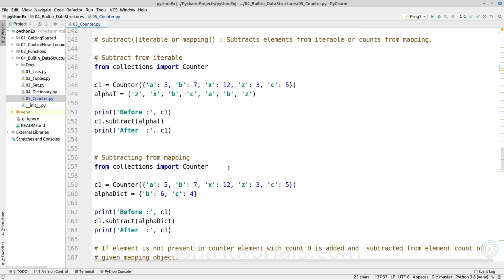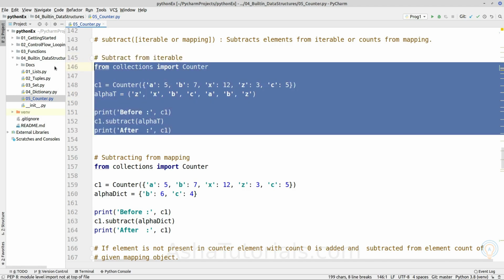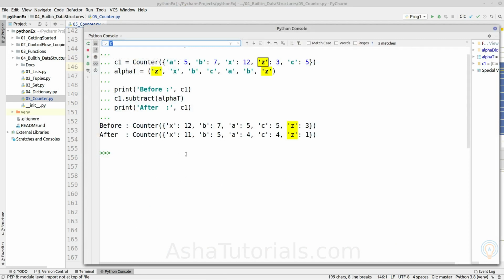Next is subtract. It will subtract the counts from the given iterable or mapping. It will count the number of occurrences in the given iterable and subtract those counts from the counter object. As we can see here, it is subtracting based on the number of occurrences of a given hashable.